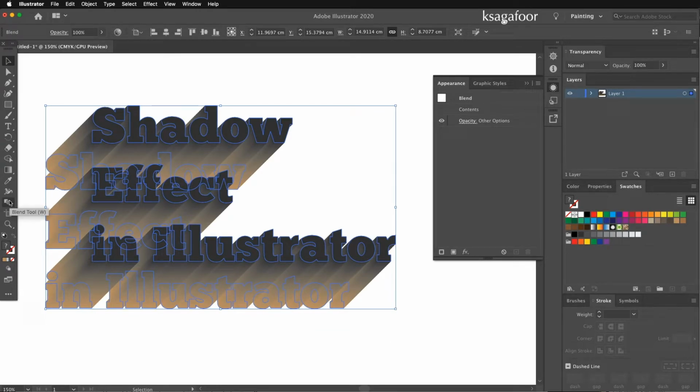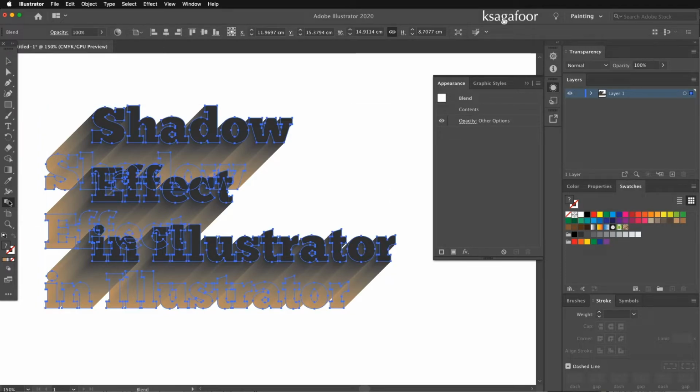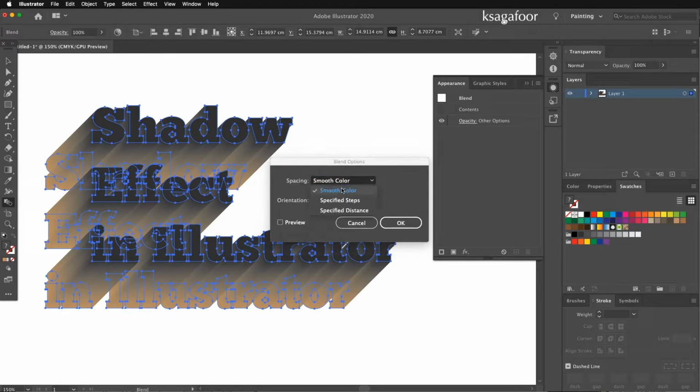then blend tool, you can use specified steps, specified distance, specified steps. Here are the options: orientation options, align to page, align to path, smooth color. I'm using the smooth color. Okay,